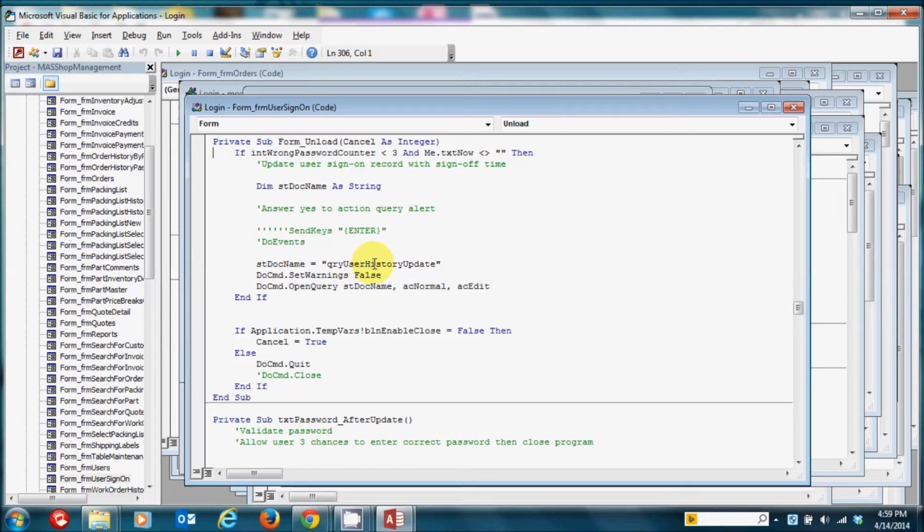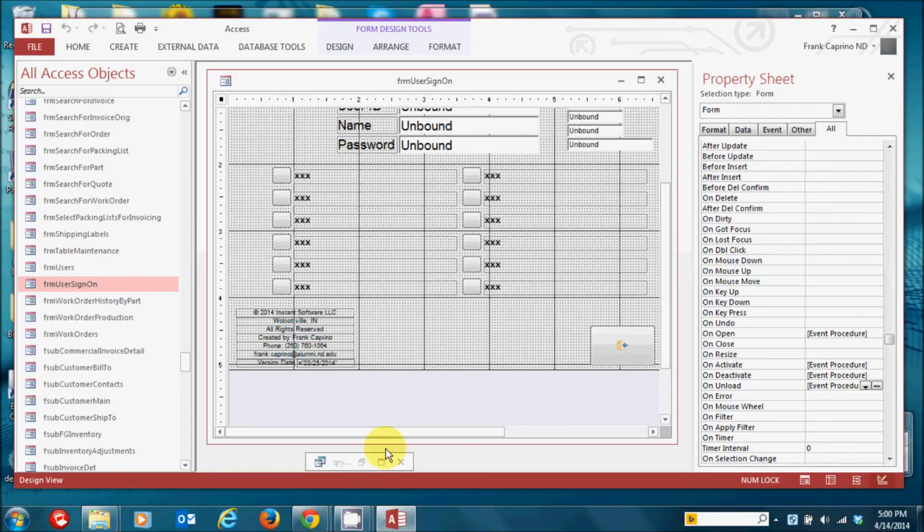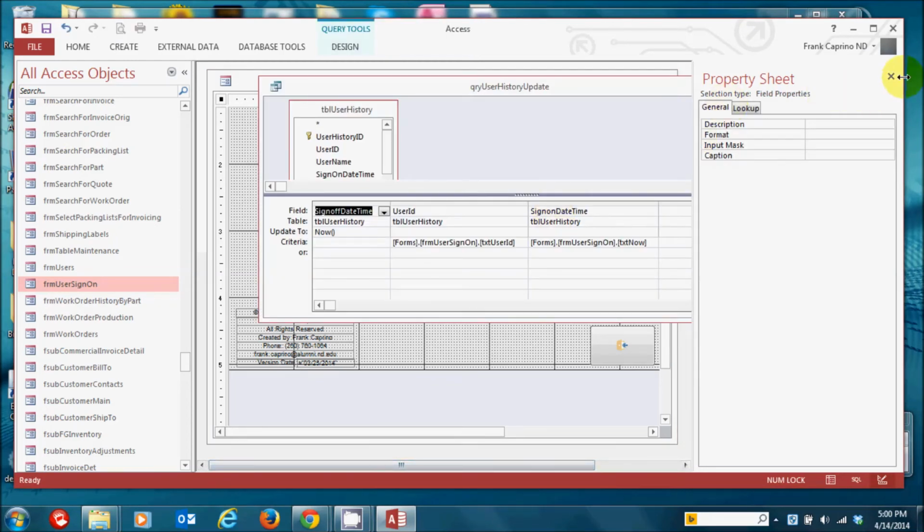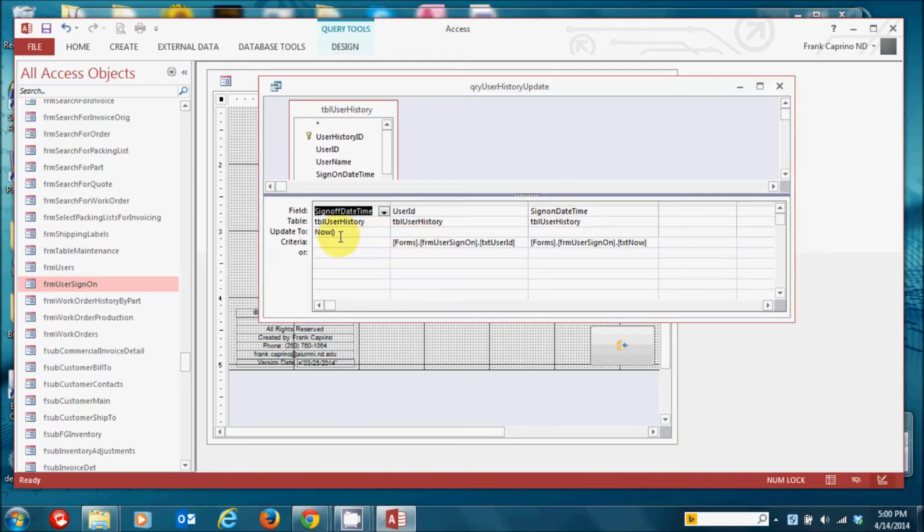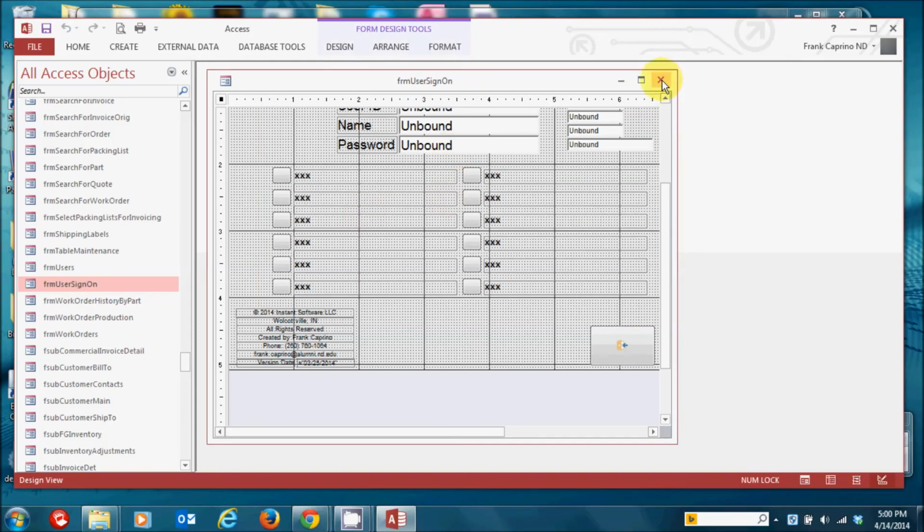So when the user closes the sign-on screen, which means they're done with the program, I'm going to capture the sign-off date. So that query is listed right here. And the only field I'm capturing is the sign-off date, and I'm locating the record. It has the user ID from the text box, and it has the sign-on date from another text box. So I locate that record, I fill in the sign-off date,